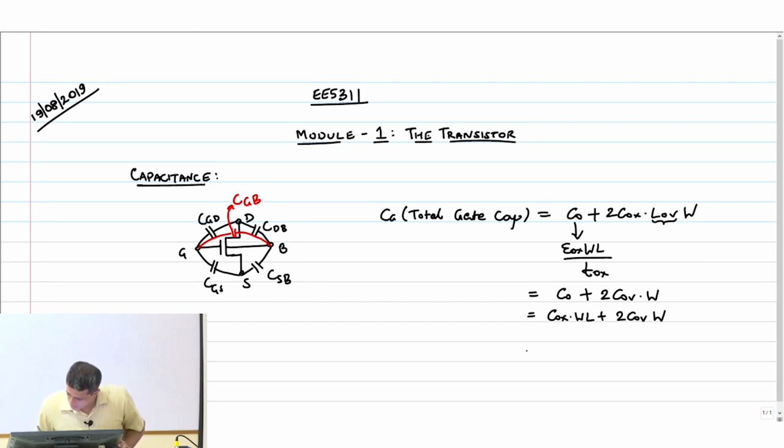So the point is I can write this as C ox into WL, C ox into L plus 2C overlap into W. So basically I am bringing out the design parameter and the technology constant separately, right, and both these